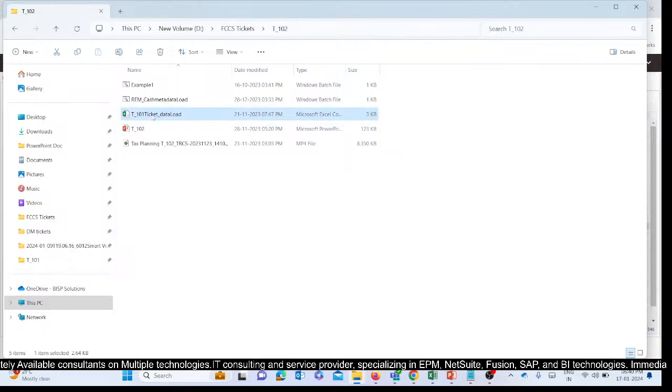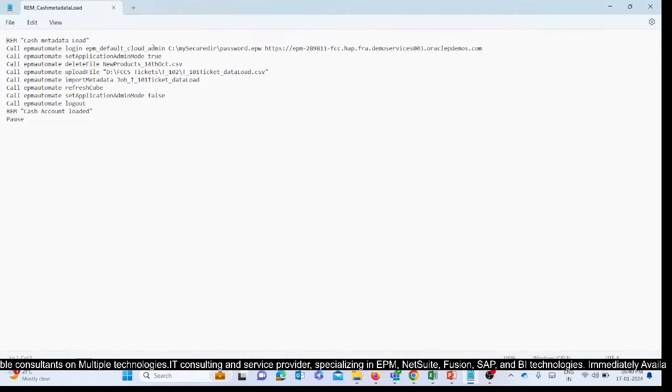That file is similar to that only. Okay, I need to give the login. This is the encrypted password and credentials. This is my application mode, and I will delete this file and upload. So first, for the EPM upload,